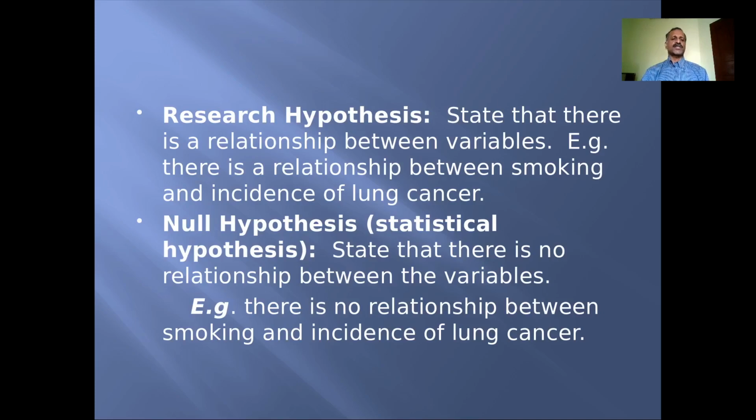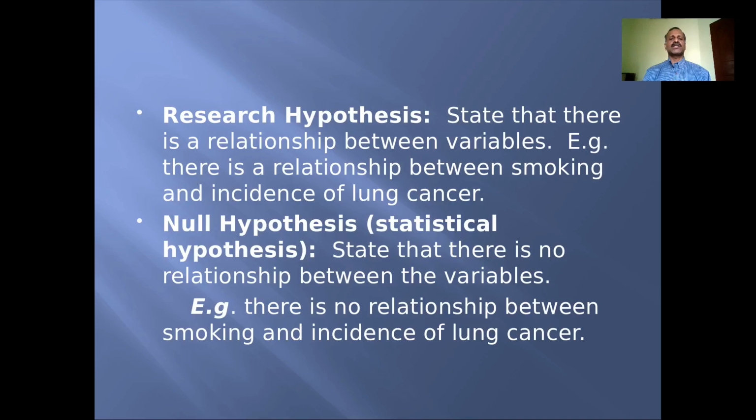Now, what is the difference between these two? A research hypothesis states that there is a relationship between variables. For example, there is a relationship between smoking and incidence of lung cancer. So this is a research hypothesis. This is what we make